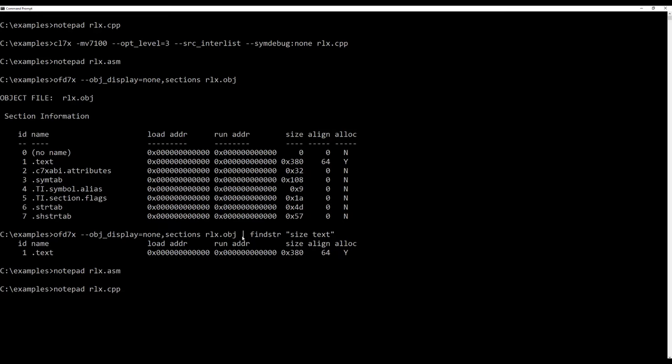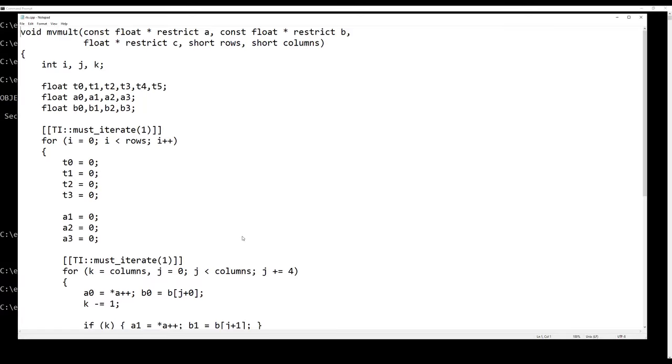Next, I show how to fix this redundant loop, and what we're going to do is edit the source code. Okay, and we're going to focus on this must iterate attribute right here. Right now it tells the compiler that the inner loop is guaranteed to execute 1 time.